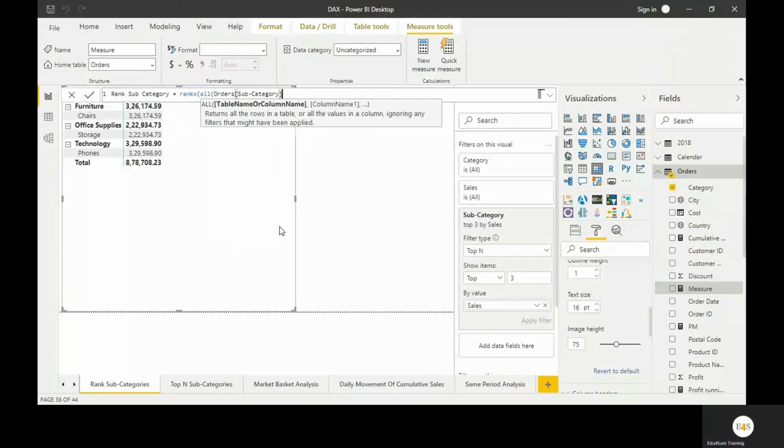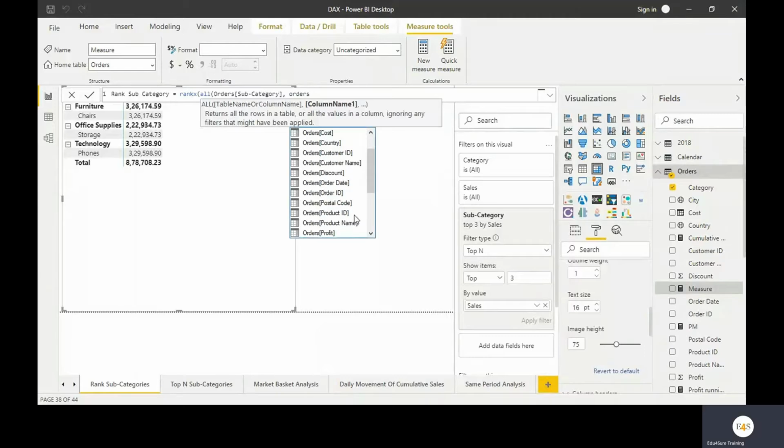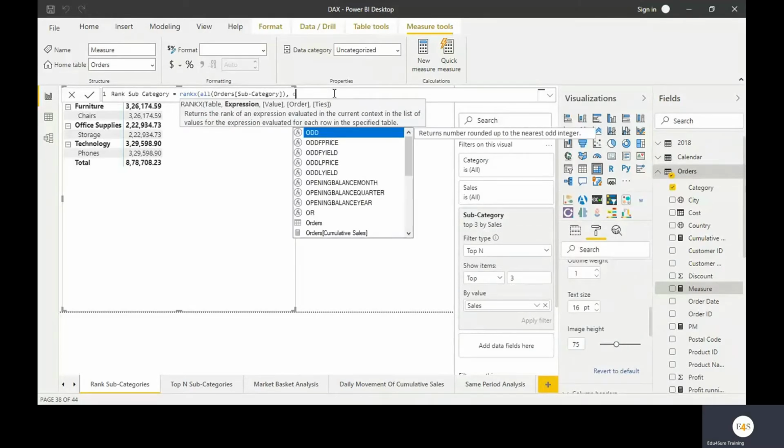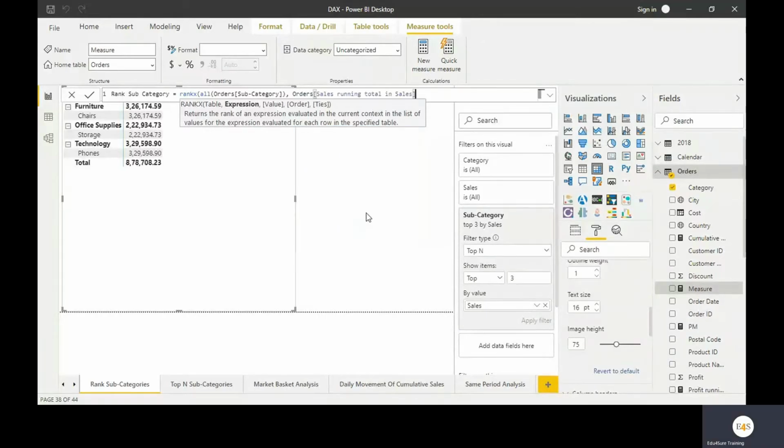Subcategory, comma, Orders. Now we need to take total sales. Let's close the bracket for the ALL function first, then use this table. So we need to rank these subcategories on the basis of the total sales, right?